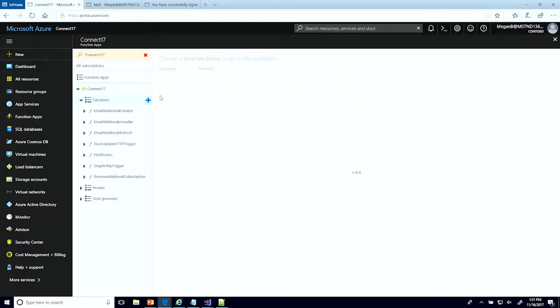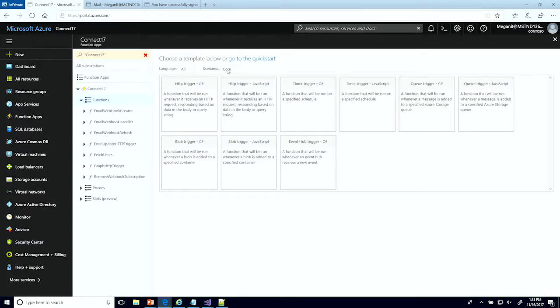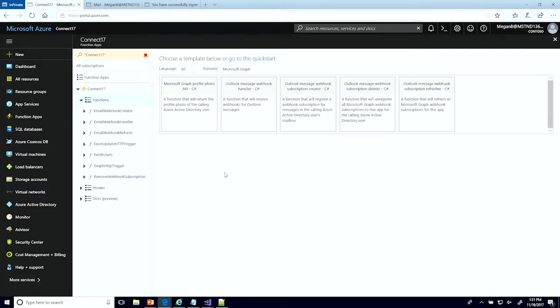And then if I want to create a new function, it'll just spin up here. And if I go to scenario, I can say Microsoft Graph. And I see a couple of different templates that I can use. So I'm going to use the first one, which is a graph token binding template. In this case, all you're given is a token, and you just handle whatever logic you want to do. It's an HTTP trigger, so somebody has to hit that endpoint, but then auth is pretty much figured out for